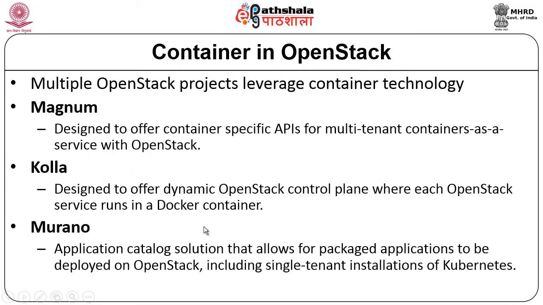The additional container service in OpenStack is called Magnum. This is a project in OpenStack. Kolla is not yet integrated with OpenStack as of now, but that is also a container service, and Murano is